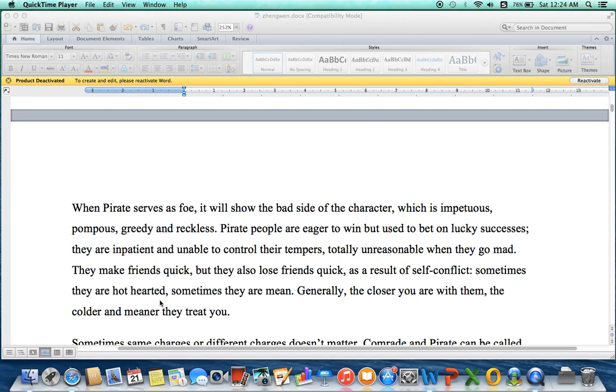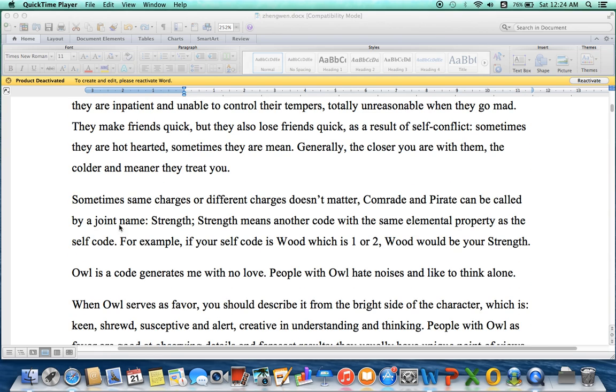Sometimes they are hot-hearted, like to help. Sometimes they are mean. The closer you are with them, the cooler and meaner they treat you. And when same sex, same charge, and different charge doesn't matter,